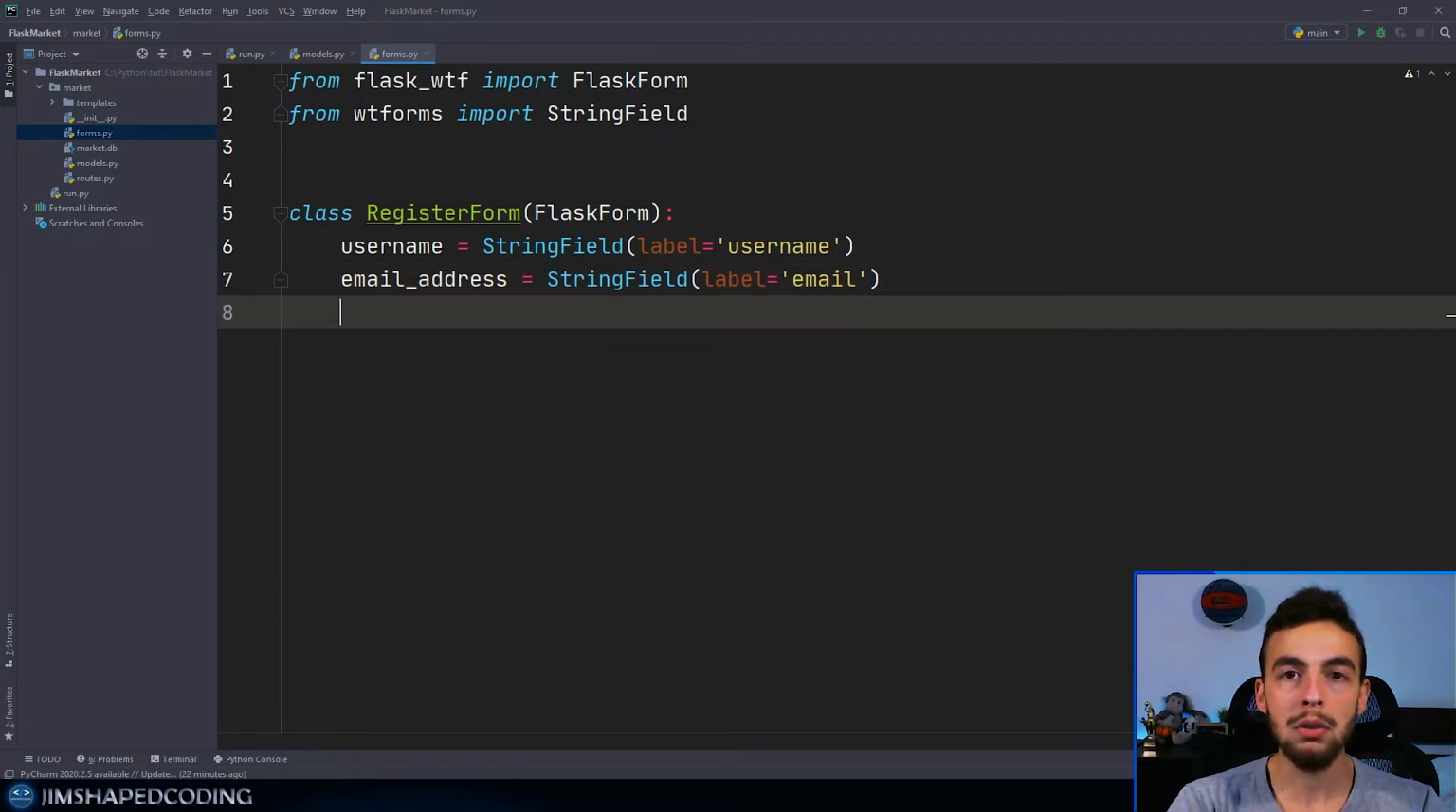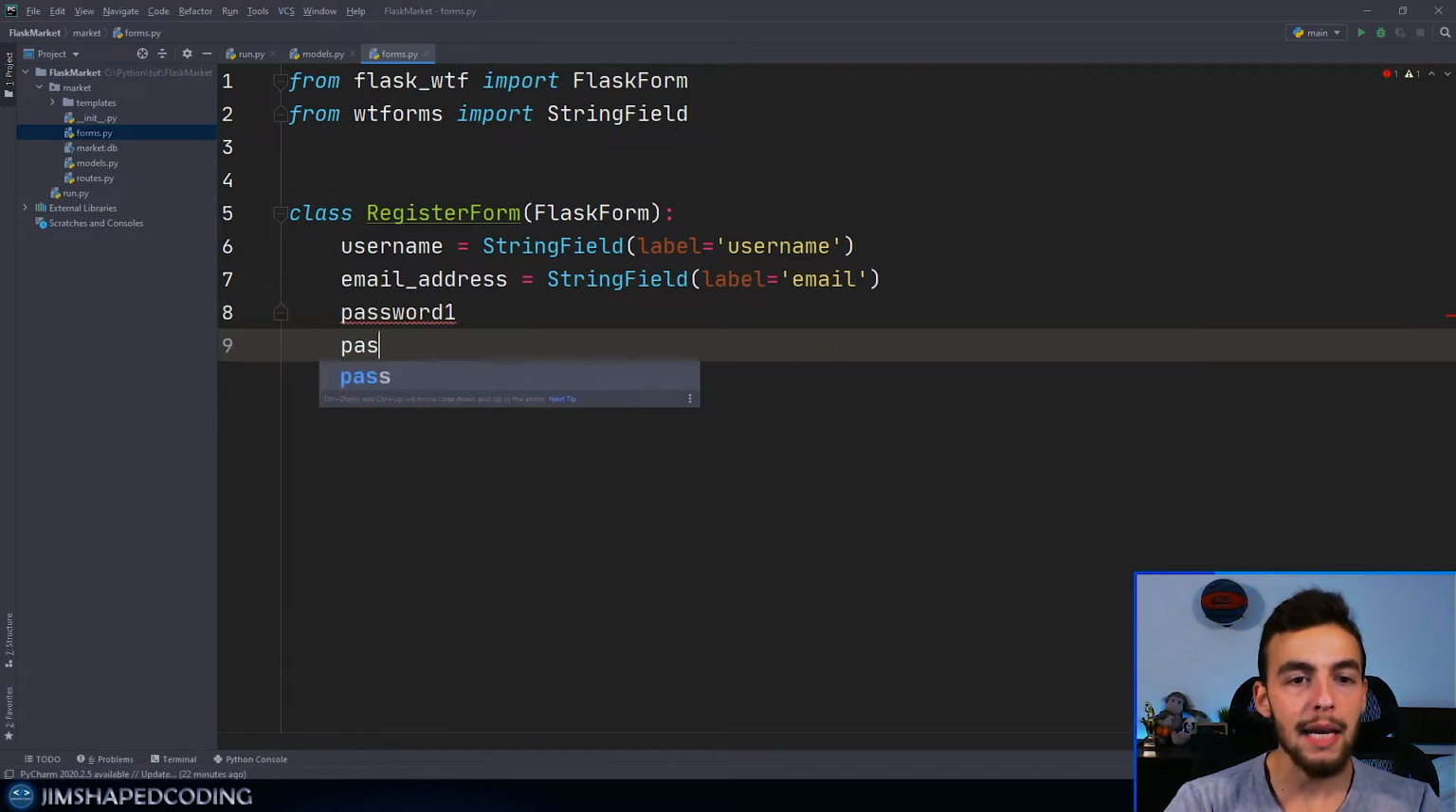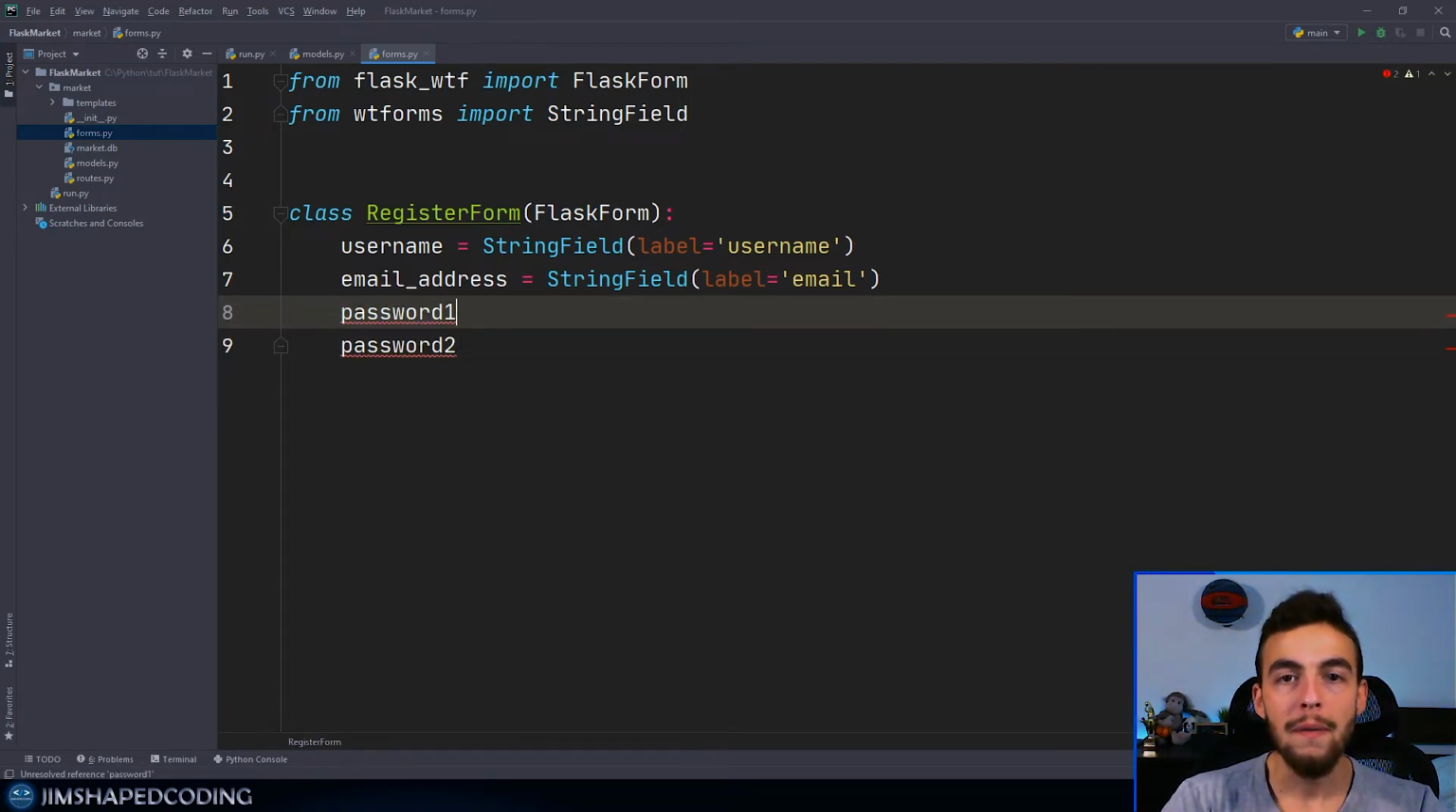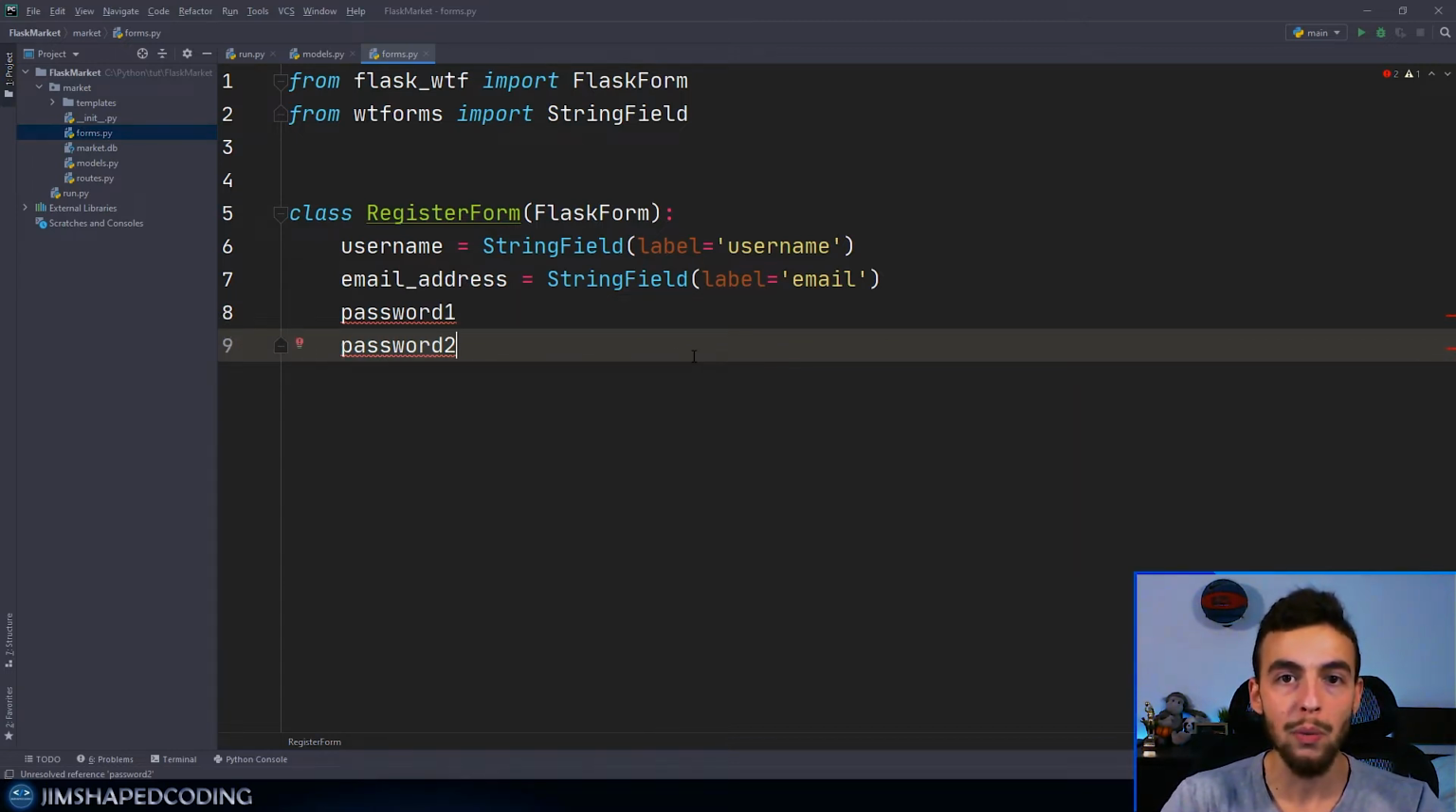Now I am also going to create two different fields for our passwords, so it will be password 1 and also password 2. The reason you want to do this is because on most websites you see a field for the password and also for the confirmation of that password. So this is why it makes sense to create two separate fields, and later on we are going to write a validation that checks if password 1 is equal to password 2,